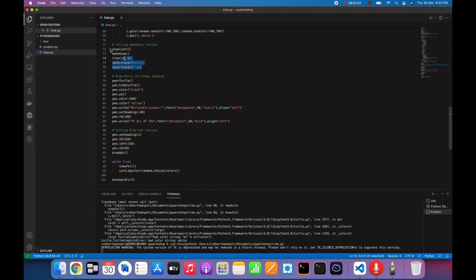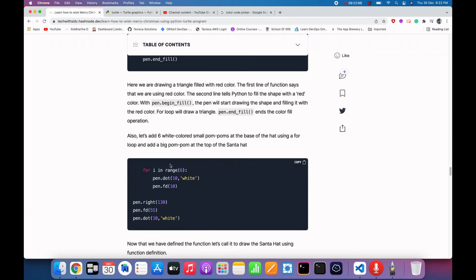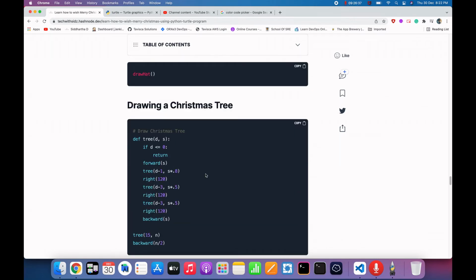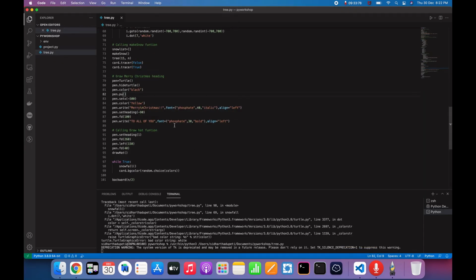And after that, we are calling these functions by using the snowlet and all that, and we're passing the positional arguments here. I'm not going to write this entire program in this video. I already wrote this entire program just a few minutes back, and I'm just going to explain it to you. If you want to understand, you can read my entire blog here, and I have literally drafted every single detail on this blog. Every single line of code I have explained here on this blog, what that does. And overall, this entire code is there.